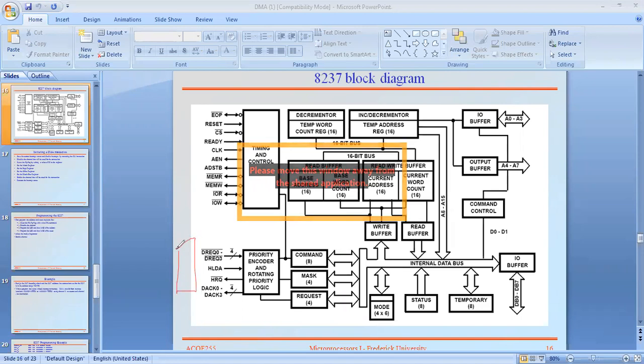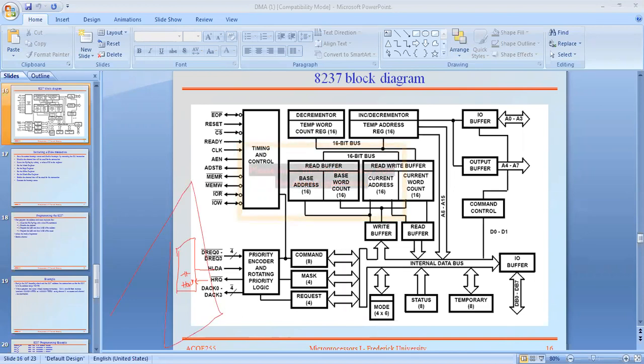HRQ is treated as an outgoing signal and labeled HOLD at the master, whether it is an 8085 or 8086, single processor or multiprocessor. HLDA is directly mentioned as HLDA, but hold request is mentioned as HOLD. That is the difference.